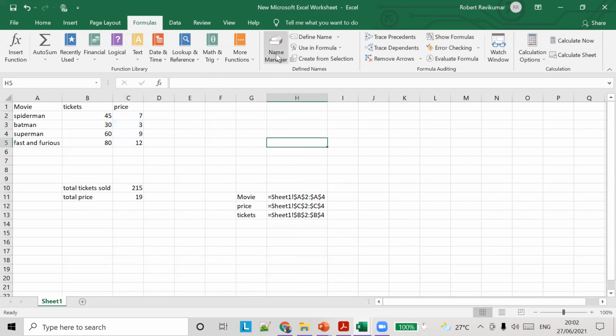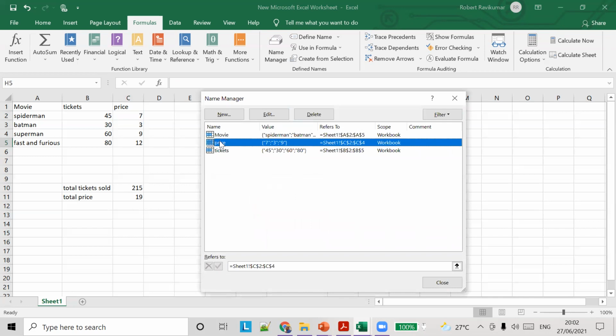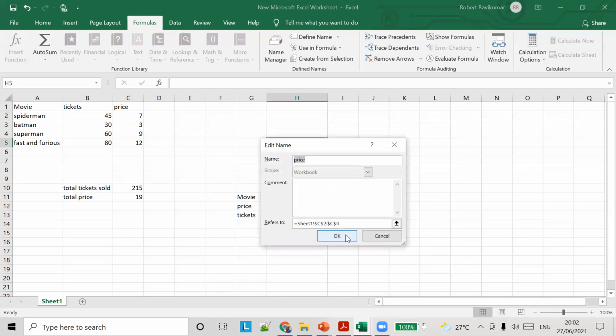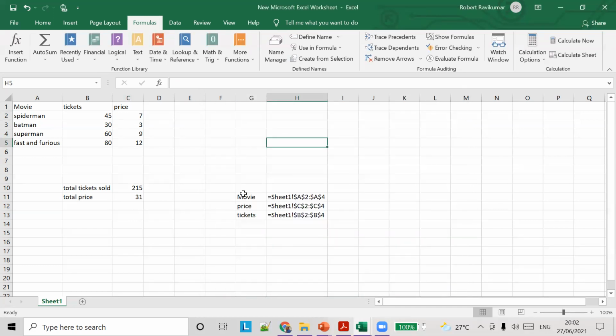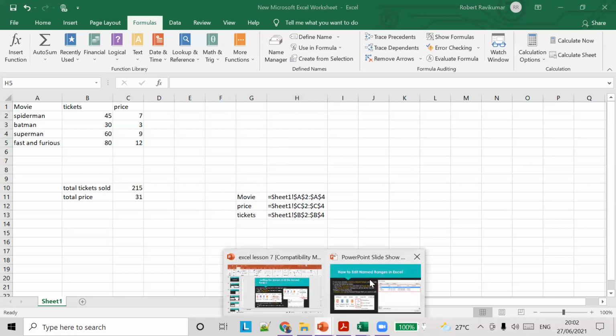So for this, go to Name Manager, go to the price, double click on it, change the absolute reference to C5, I guess. Okay, so now if I close it, 19 will change to 31. Close, 31. That's it. So this is how you do name range editing.